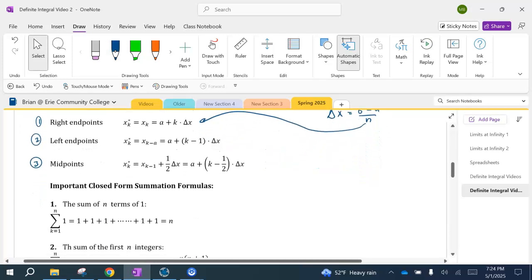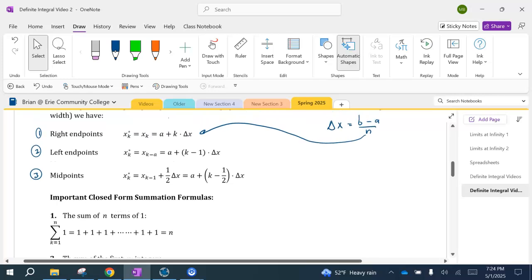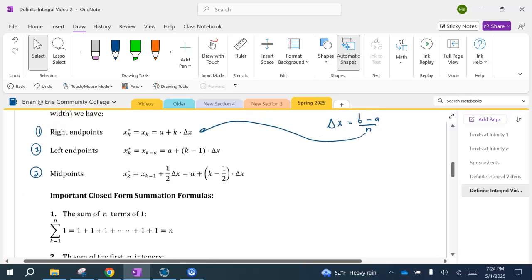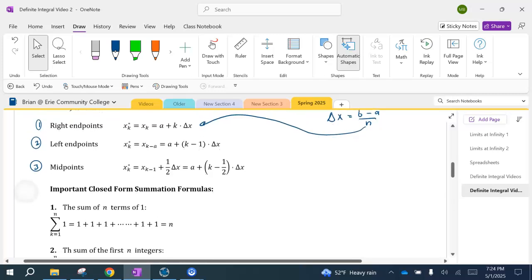For us to be able to use the limit definition, we're not going to often do this by hand, but we are going to see a few examples where we do it by hand using the limit definition. And then we're going to learn about the fundamental theorem of calculus, which is going to make it a lot easier for us. But in order to evaluate these definite integrals using the limit definition, we